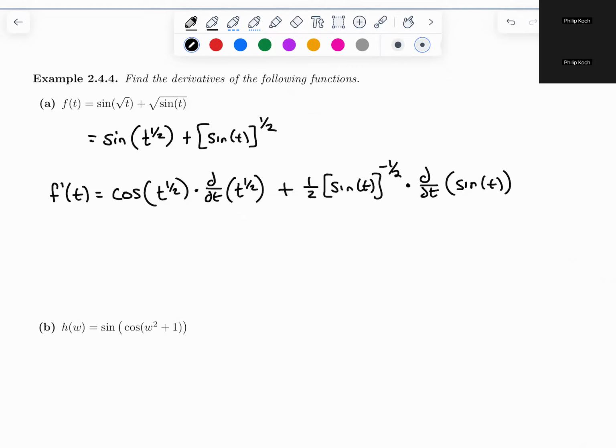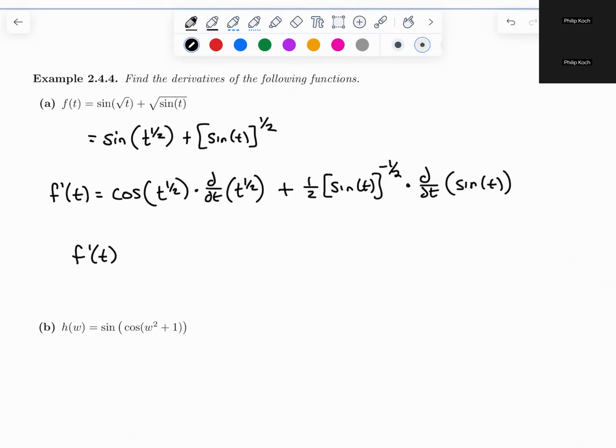Yes. I'm sorry, I might have got lost here. No, that's all right. So in the beginning, the cosine t to the 1/2 power times the derivative of t to the 1/2. Like I thought 1/2 t to the negative 1/2. That is what that is. Oh. So please remember, this is another way to write the same thing. This is taking multiple steps to get there. This is going to be 1/2 t to the negative 1/2 because it's saying the derivative of t to the 1/2. This is saying the derivative of sine of t. But if you want to skip writing that d/dt and immediately write the answer, be my guest. That is correct. Oh, okay. So you're saying it hadn't been solved out. I have not finished it yet. Yes. Oh, okay, sorry. So then